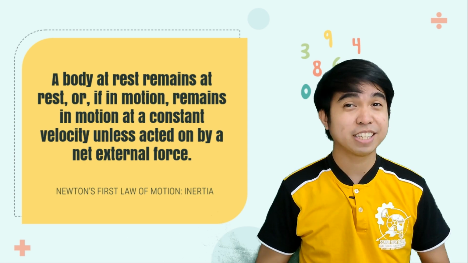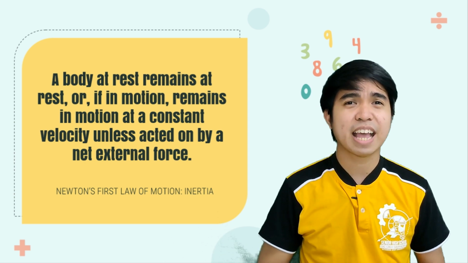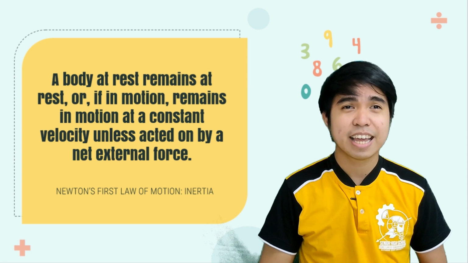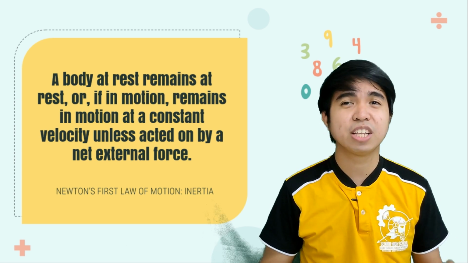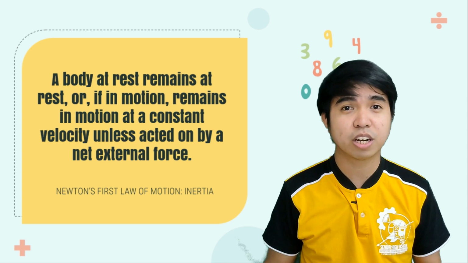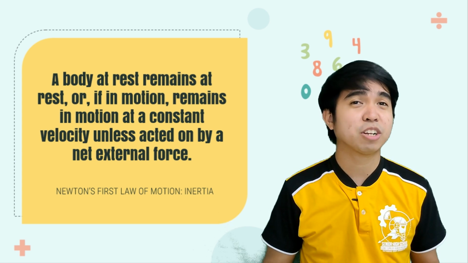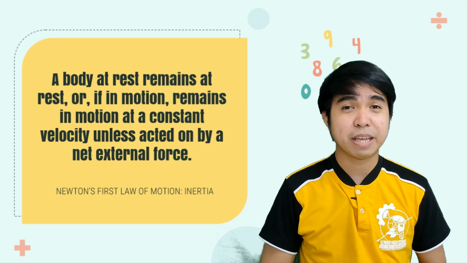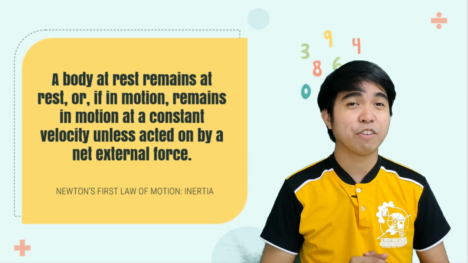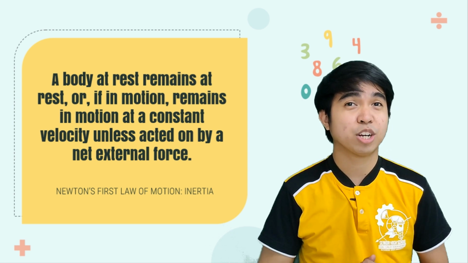As we know from experience, some objects have more inertia than others. It is obviously more difficult to change the motion of a large boulder than that of a basketball. The inertia of an object is measured by its mass. Roughly speaking, mass is a measure of the amount of stuff or matter in something.